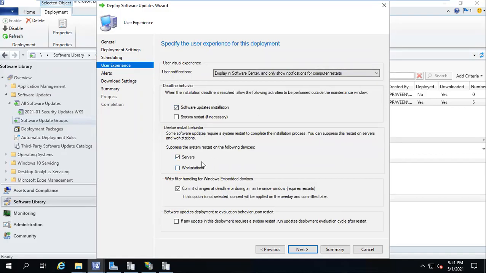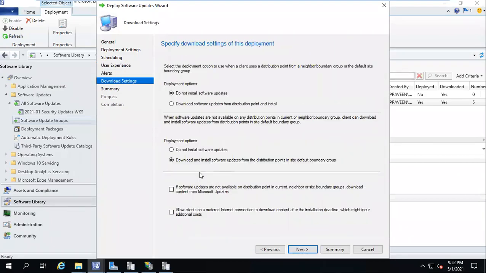Device restart behavior. Okay. If you select those two options, the machine will not restart. If you do not select this option, the system will reboot automatically. Is it clear? Yeah. Next,